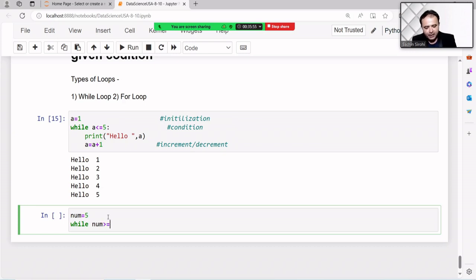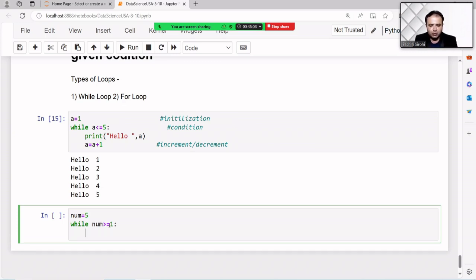So I change the symbol to greater than or equal to 1. Num is a variable holding a value. So 5 is greater than or equal to 1. Yes, the condition is true. If the condition is true, then it is a reverse while loop.